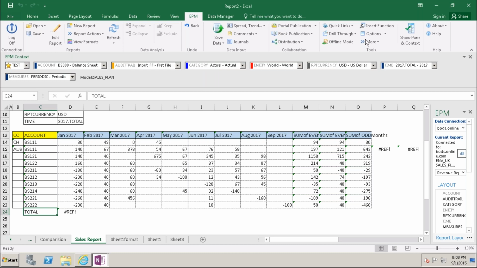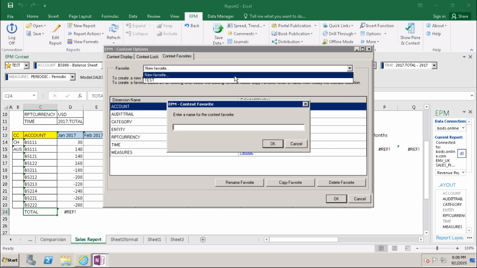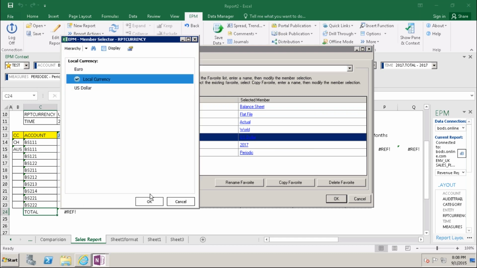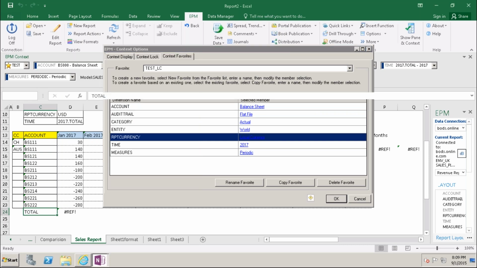Once again I'll create that: context options, favorites, and here I'm creating a new favorite, test underscore LC. In that case I will give my local currency and click OK.